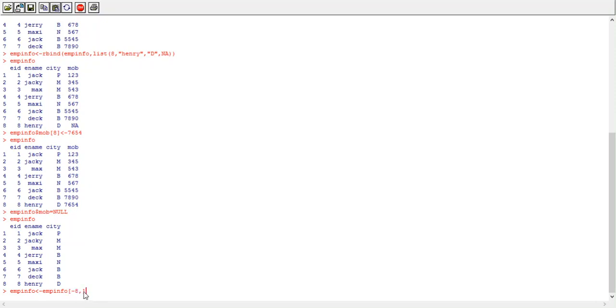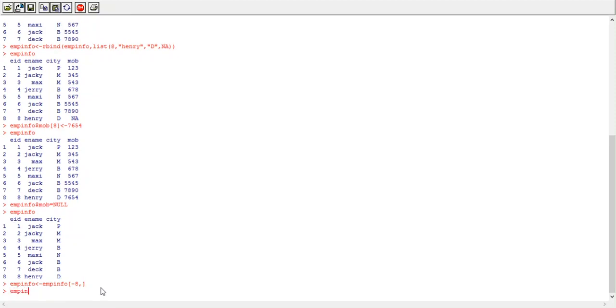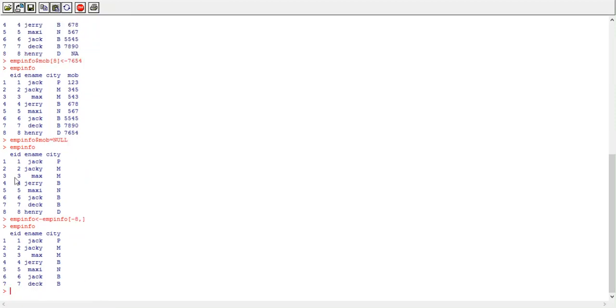I want to delete all columns, that's why I have not given any column index, but I want to delete row 8, that's why I have given -8. So just by assigning the negative index of any row, we can delete that row from the data frame. See, row number 8, the data of employee ID 8, is deleted from the database.